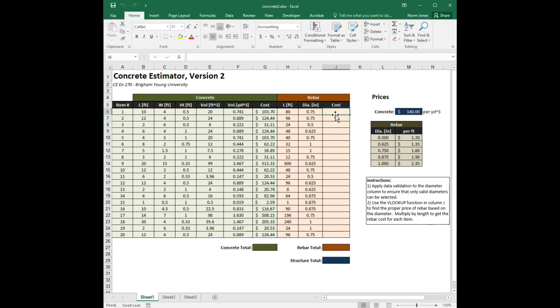So we're going to go to cell I6, and I'm going to type VLOOKUP, open paren. The lookup value is the cell just to the left, the diameter, and then the lookup table is this table right here, and I'm going to press F4 to make that an absolute address, because as we learned last time, typically the lookup value is relative and the table array is an absolute address. And then